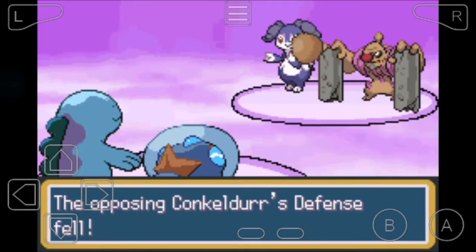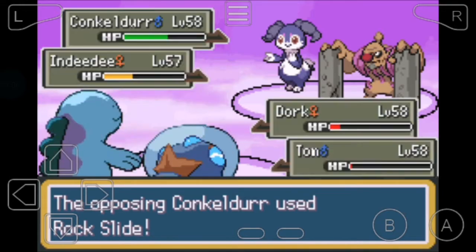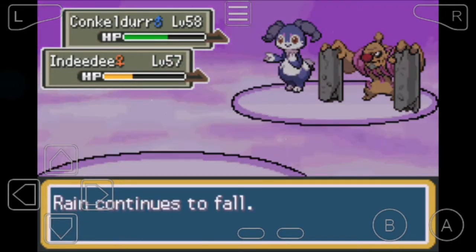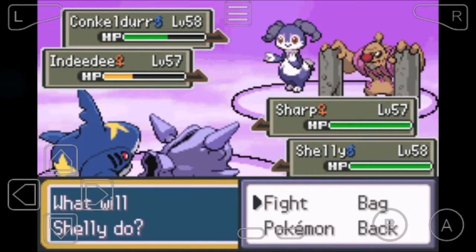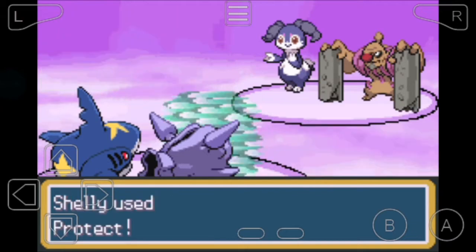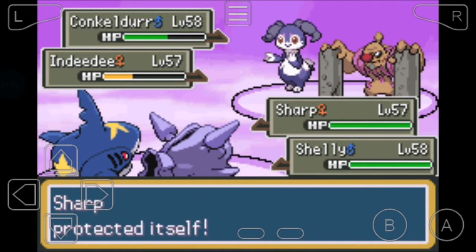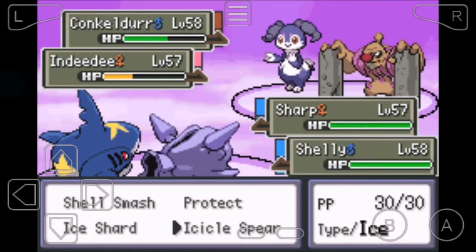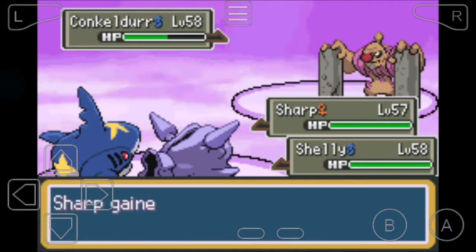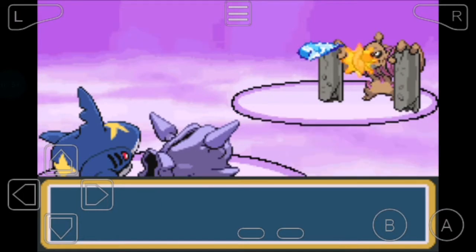I then sent out Quagsire as she sent out Conkeldurr. Araquanid again continued to impress me by leaving another Expanding Force and throwing up a crucial Liquidation on Conkeldurr. Quagsire though, it died. It couldn't handle it. It's time for Cloister and Sharpedo now. I clicked Protect on both of them just to scout for the move Sabrina would go for. And after that, Crunch from the Shark to knock out Indeedee and